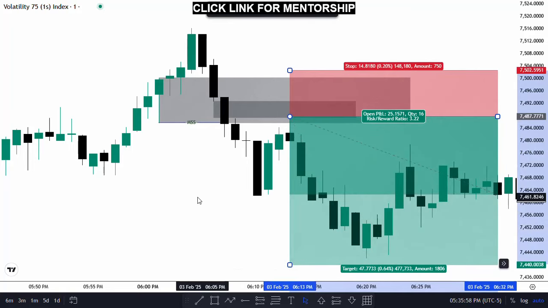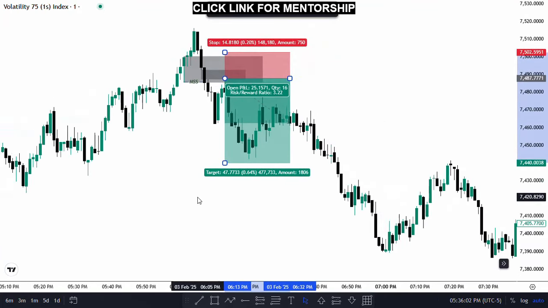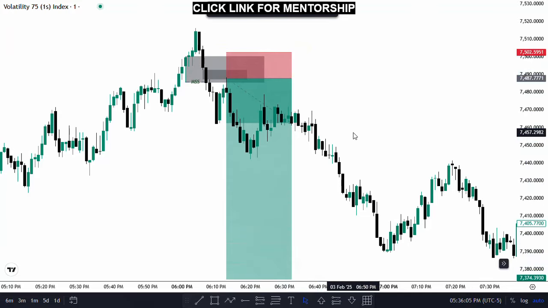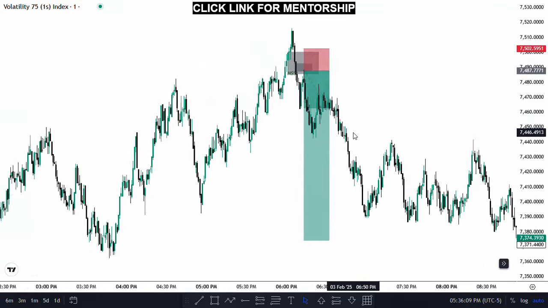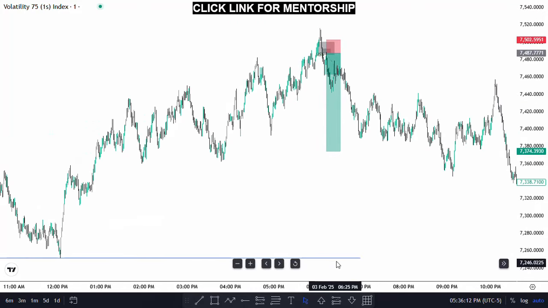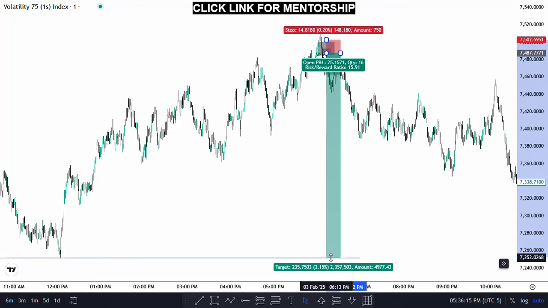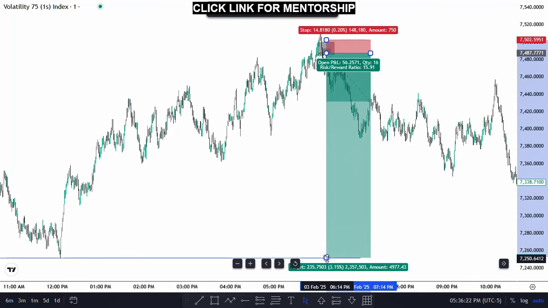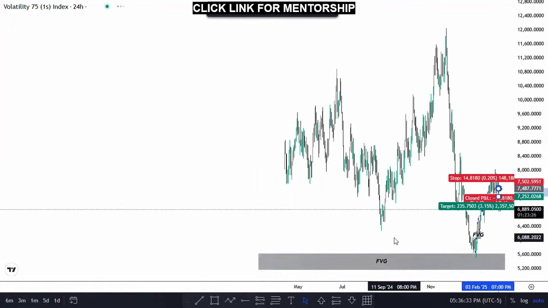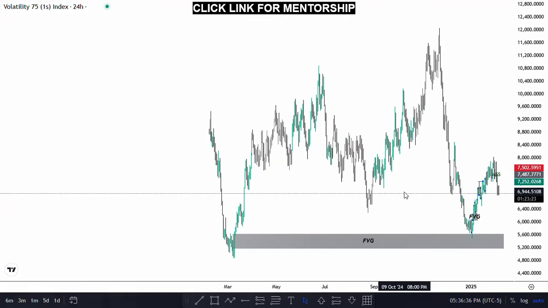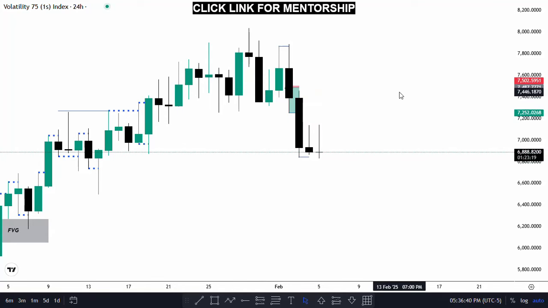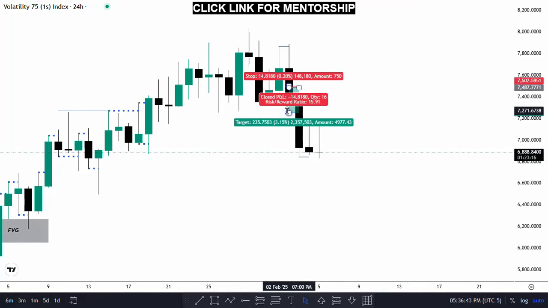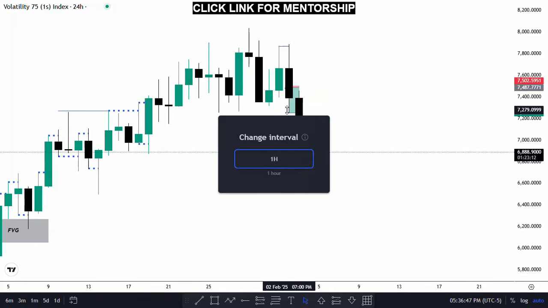of course you'll be removing your profits as you go along based on your risk management. But this line right here, this is the previous low. This is the previous day's low. So that is going to be like your extreme target. That is going to be your extreme target. If you go back to 24 hours there, the daily chart, it looks like a small movement here. Okay, from that high all the way there, it looks like a really small movement, but in actual sense,